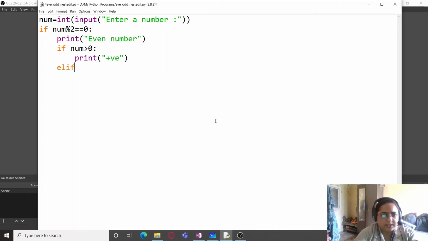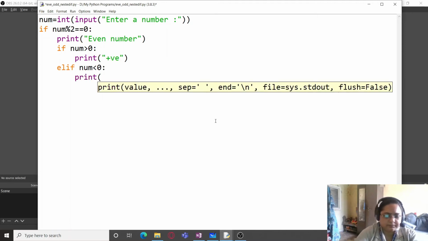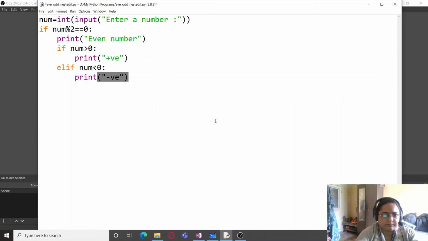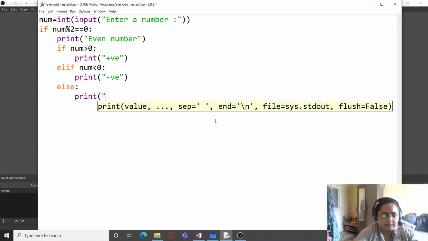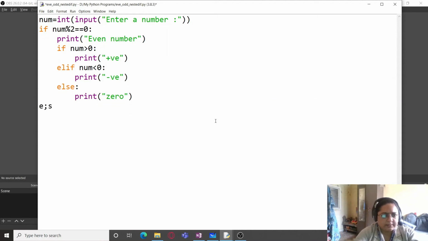So here I'm using elif because two conditions are there. Else, 0, and the outer else is for if the number is odd.